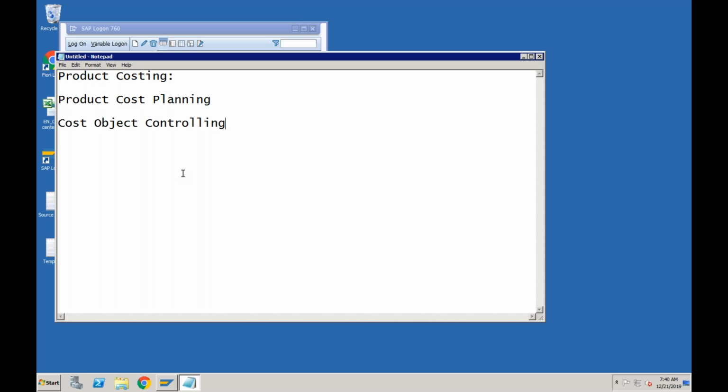Okay, what is the difference between these two? First one is product cost planning. In this one, we are going to plan the price of the product. We are going to plan the cost of the product. What does it mean? It means whenever we are going to manufacture a new material, or maybe the existing material that you always have, it is very important to know the price of the product. It is very important to know what is the cost of that particular product which we need to manufacture,